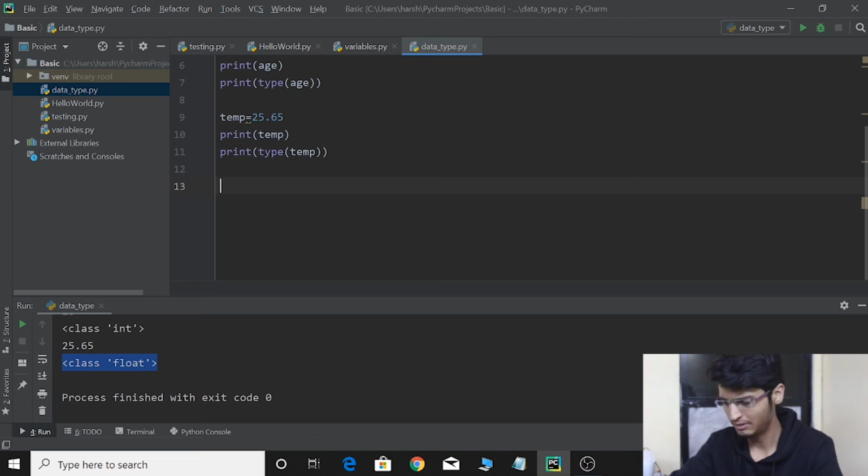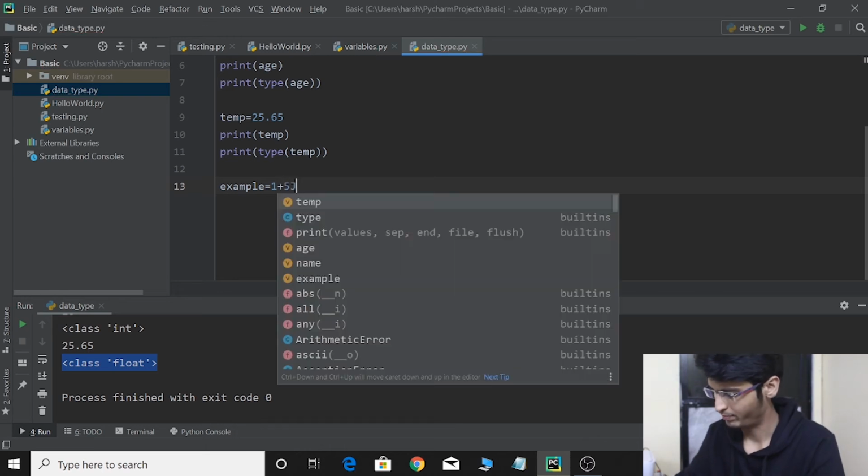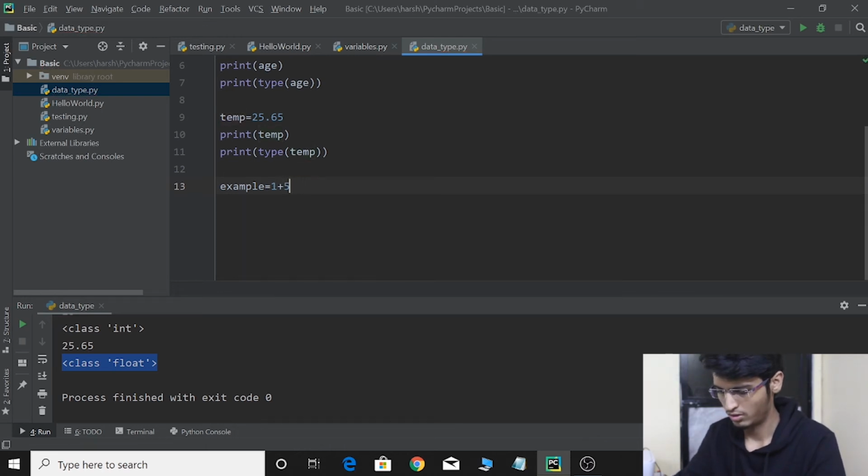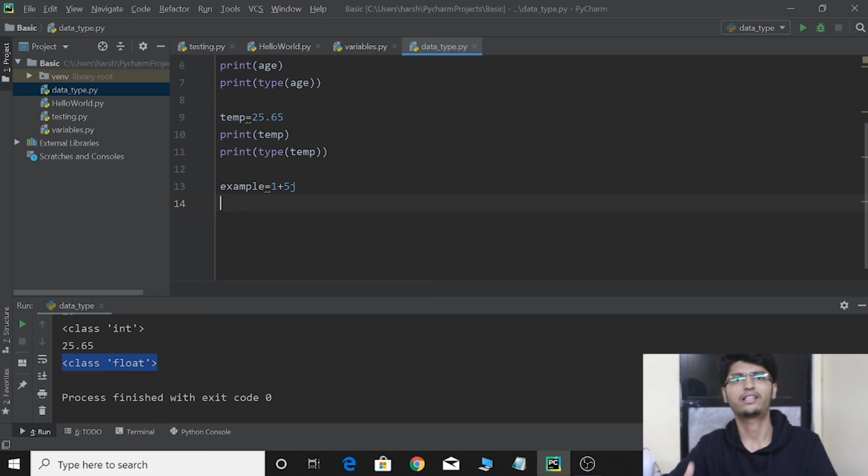So now let's define it first. Let's name the variable example. It's a very bad name for an example, but you can think of a better name and try with that. So let's say example, and let's set it to 1 plus 5j. Okay, 1 plus 5j. So in computers or in Python, the real part is represented by an integer value, and the imaginary part